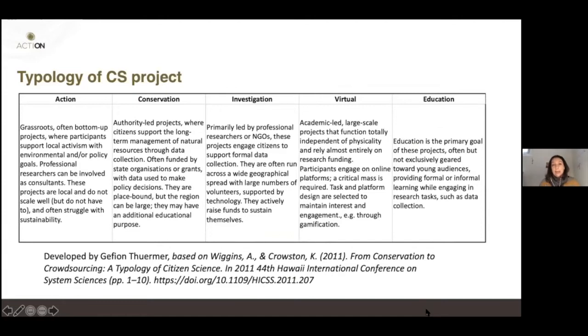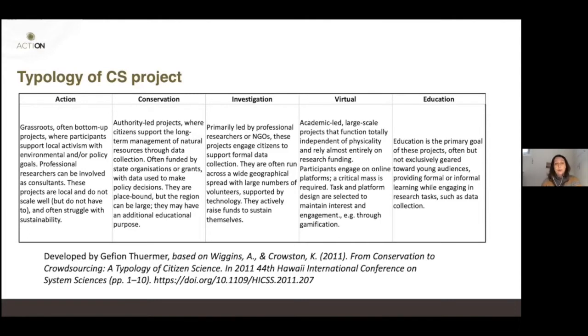In the impact assessment canvas, you will also be required to click to select the typology of citizen science project you belong to. There are many categorizations. Action is using this one. So we divide citizen science projects into action, conservation, investigation, virtual, and education. And you find here the definitions, and this PowerPoint goes hand in hand with the impact assessment canvas, so you will have it for reading all the definitions and deciding what kind of project you are. You can also select more than one.